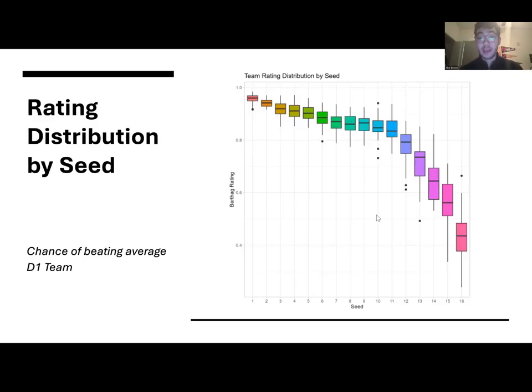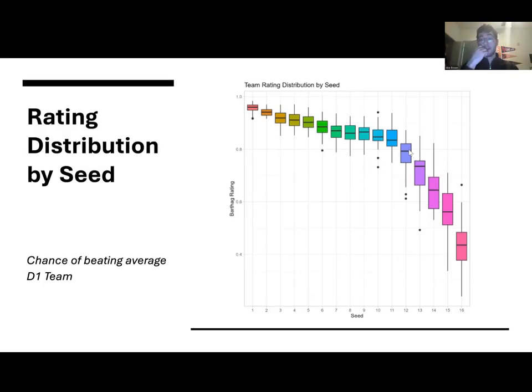Because you can see the 3 through 5 category does bunch up pretty well, as do the 6 through 11 over here. It's pretty bunched up. You do see a significant drop off once you get to the 12 seeds. And a lot of that I think is because these teams are usually mid majors. The 12 seeds and the 13 seeds still do perform pretty well. Once you get down to the 14, 15, 16, these teams aren't obviously as strong, and you can see that they do have pretty low BART algorithm ratings, low chances of beating the average D1 team. So if you're looking to make your bracket predictions, I'd definitely say 1 seeds and 2 seeds are a step above the rest.